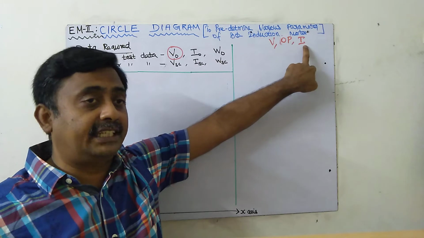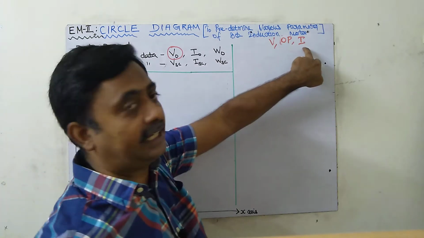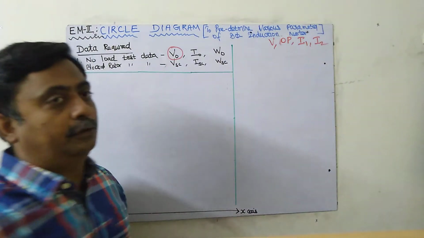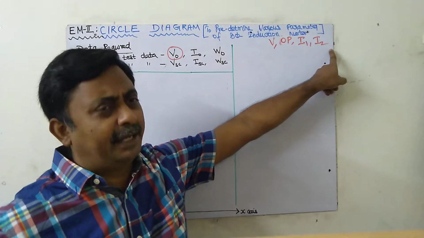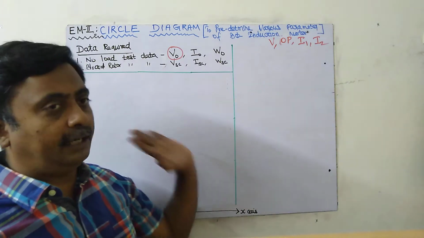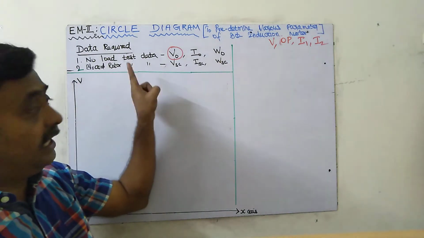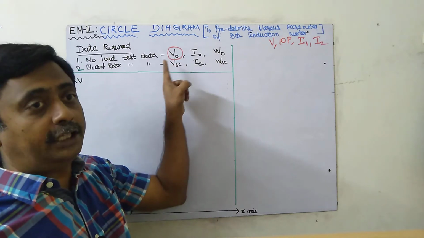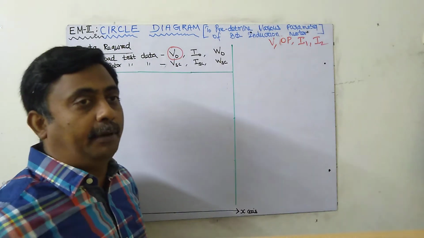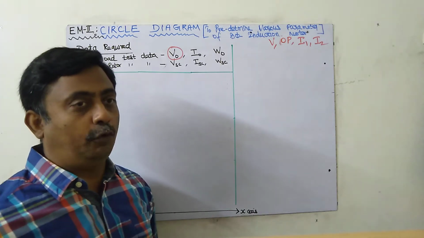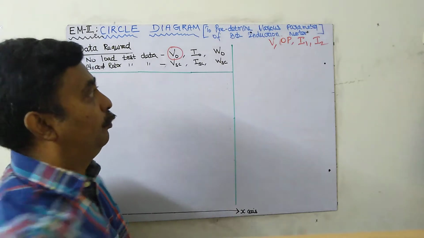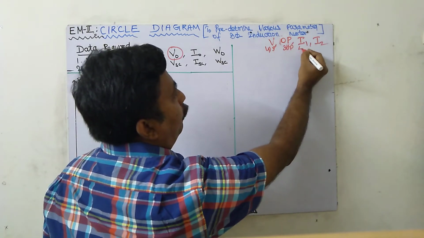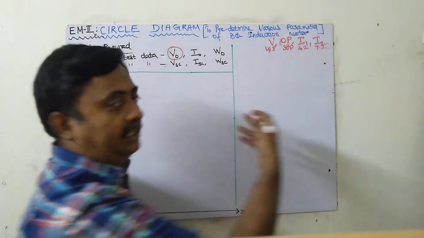Which current? If it is a squirrel cage induction motor, they will give the stator current. If it is a slip ring induction motor, they will give both currents: I1 means primary, I2 means secondary, because it's a rotating transformer. Already you know it's a rotating transformer. Here, the no load test is performed at rated voltage. For example, in our laboratory the rated voltage is 415 volts. The machine parameters will be given as 415 volts, 3 HP, and the current will be 4.2, 7.2, like this.